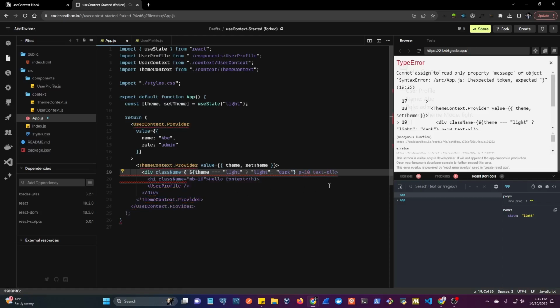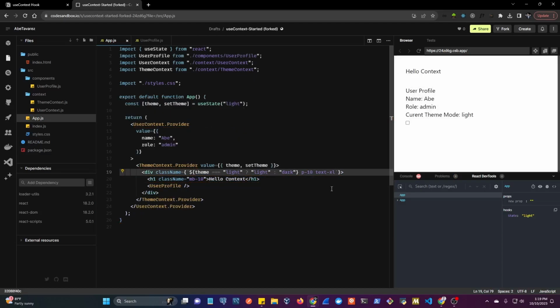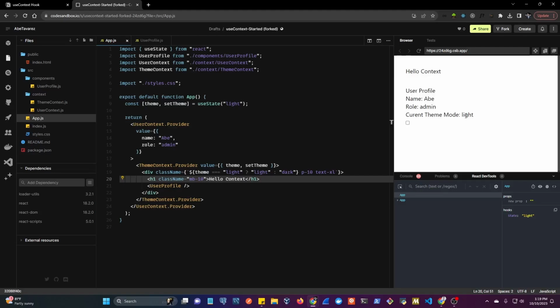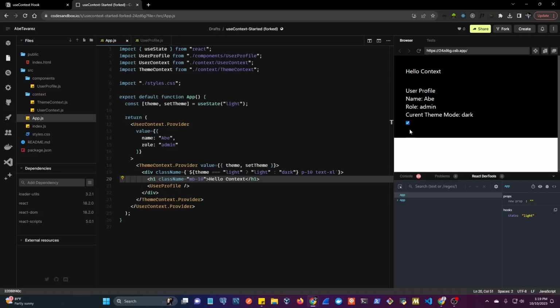So a backtick here and a backtick inside of this last one here will do the trick. So now this looks good. Let's see if clicking here will now change our application mode. So let's see, click here, and now we're in dark mode. It says dark. Then if we turn it back on, back off, it says light mode, dark mode, and there